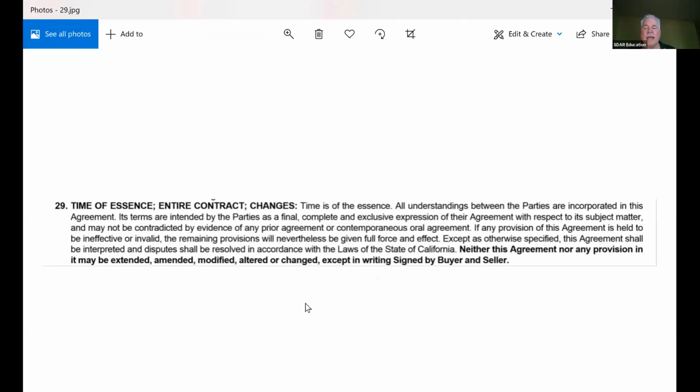Okay, so accept in writing, signed by the buyer and the seller. You can all see that on the screen, I hope. I'm just going to double check, and it says yes, you can. Okay, so all signed by the buyer and the seller. So we want to do that.